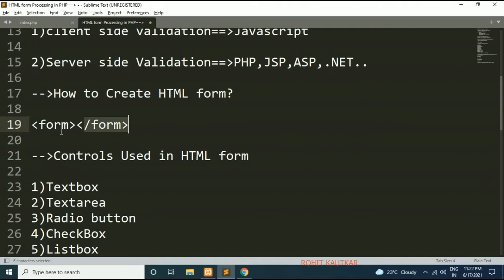Here the form tag does not create the form itself, but it acts as a container which may contain different form controls.